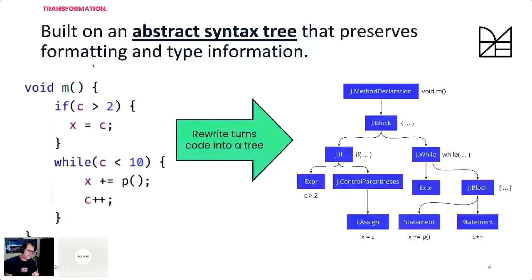The second one, and it doesn't sound that exciting, is that it preserves formatting, and that is actually quite tricky. Again, getting back to the original problem at Netflix, some teams might use spaces, some might use tabs. They have different indentation styles. They have different import orders, that sort of thing. There's a lot to consider with formatting. So if you're going to do any code transformations, you need to be able to detect the formatting of the code when you make the change, so that when the automated changes are applied, they're idiomatic and consistent with the formatting of the code around them. So that's actually really quite tricky.